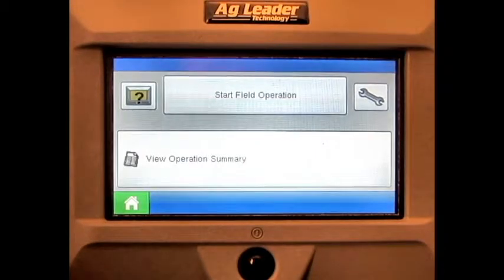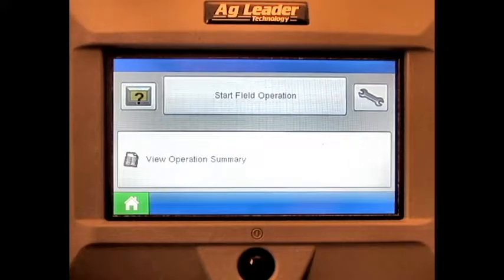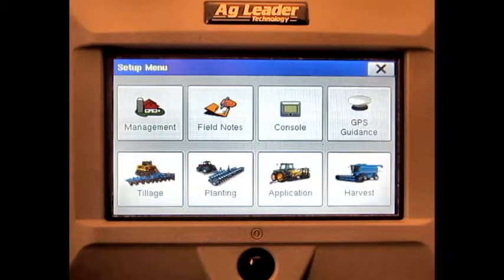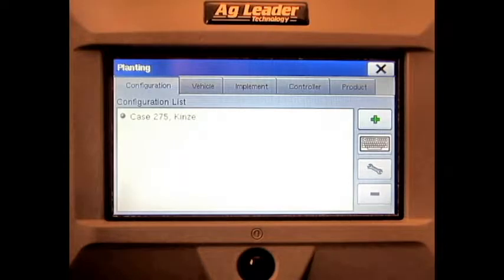In this video, we will cover how to add a planting product on the Ag Leader Edge display. From the home screen, press the Setup button, press Planting, press the Product tab, press the Add button,